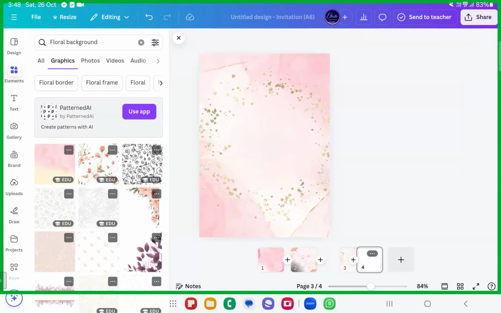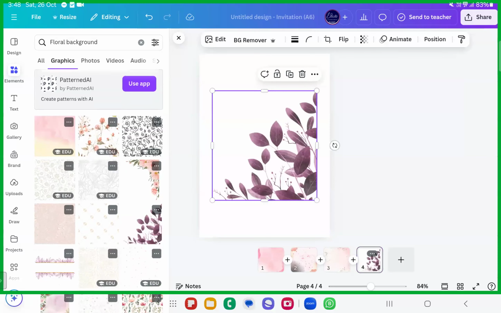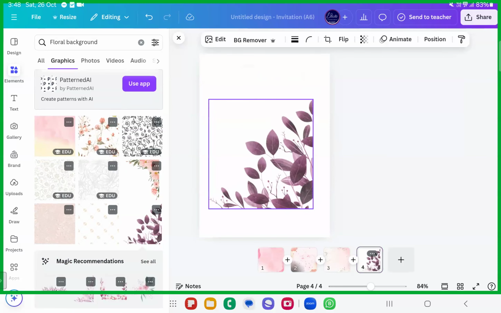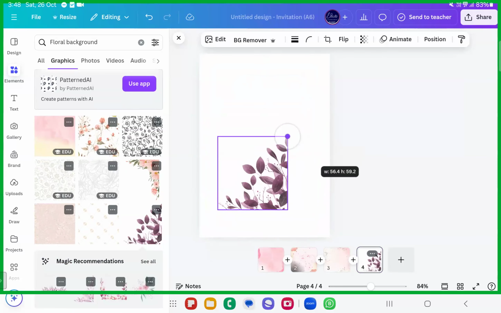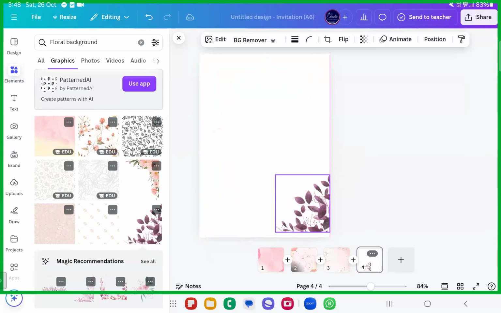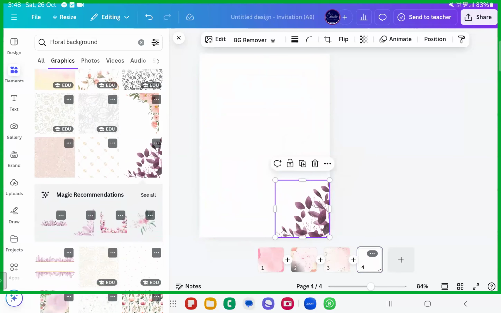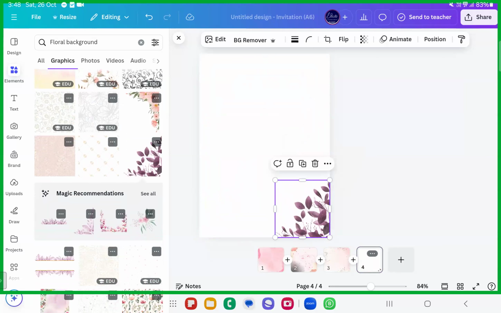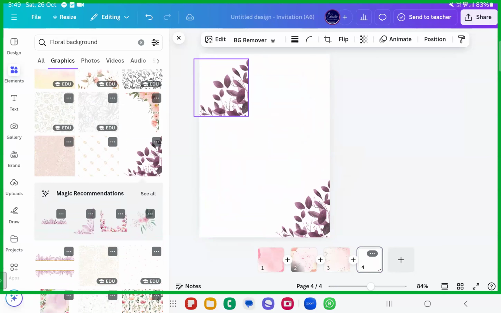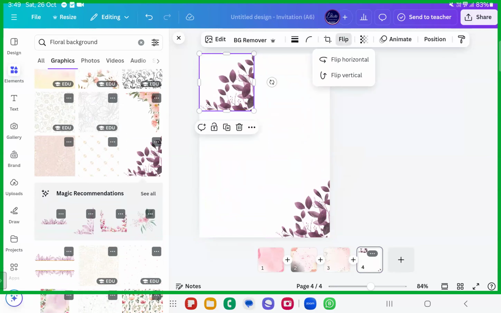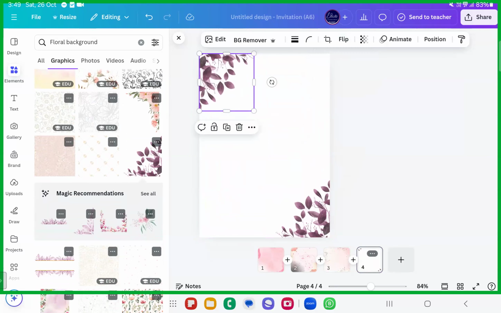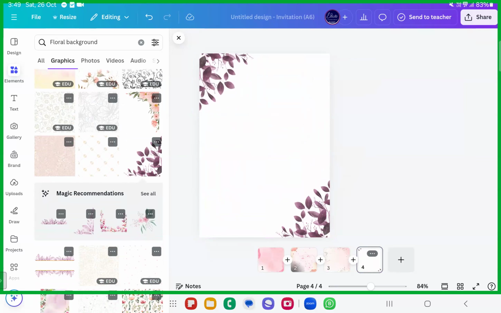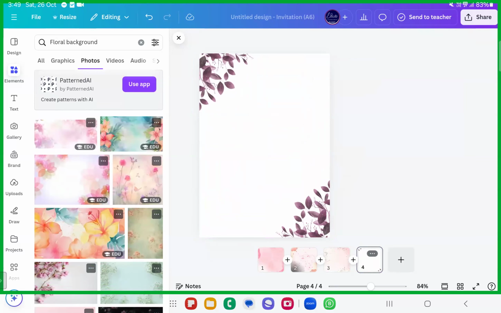I'll just add another page. Just look into this design. For example, you can take this and make your designs very special with these borders. Floral borders, you can go ahead with something called floral borders. I've selected this, and I'll duplicate it. I'll place it here, flip horizontal, vertical. Something like this. And also if I want to add some floral background to it, I'll add it.